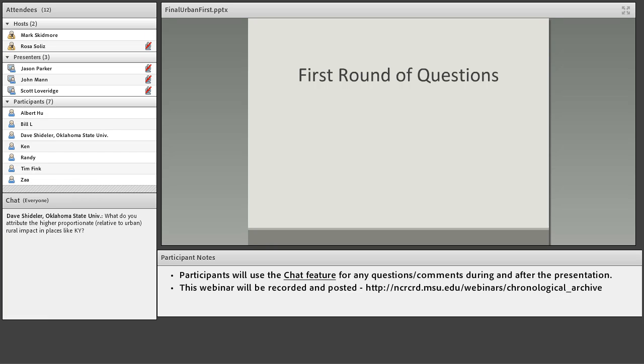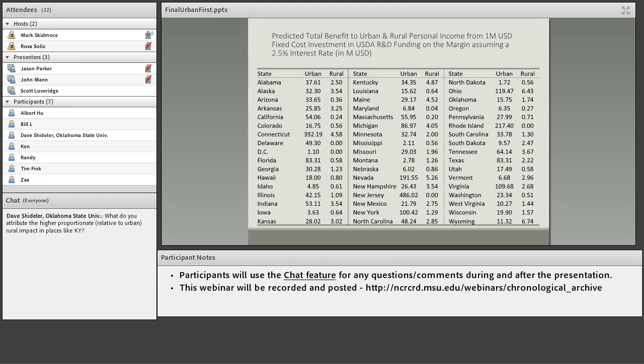I'm just, do you have in the data, I would guess that a lot of this USDA research funding goes to universities. Is that correct? And if so, a lot of universities tend to be located in urban areas. Is that one of the pathways? And then also, you can answer that question, and then Dave has a question as well.